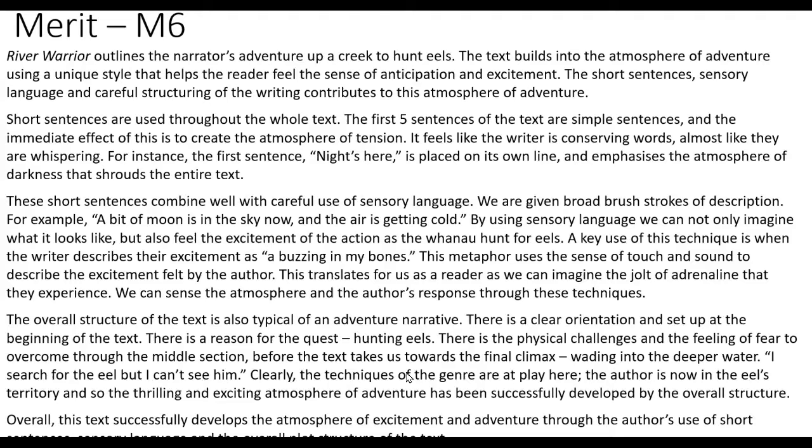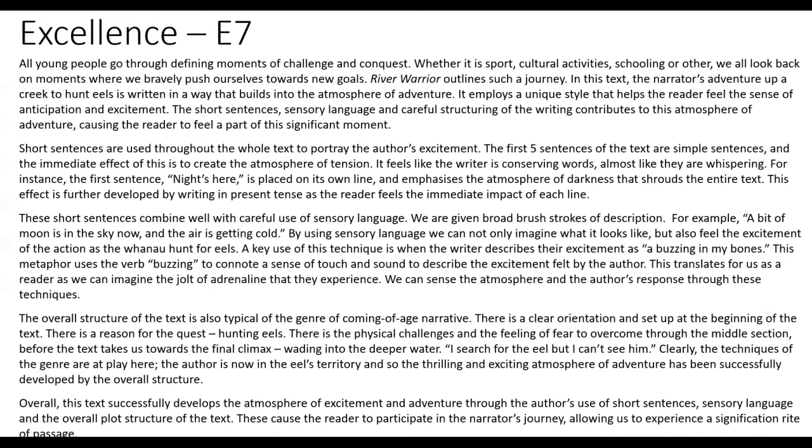Hey, where is the text movement? Where is there a shift in tone? What paragraphs or transition marks are there in the text? Those structural observations are really handy as well for merit and excellence answers. And then my big boy, my excellence answer,